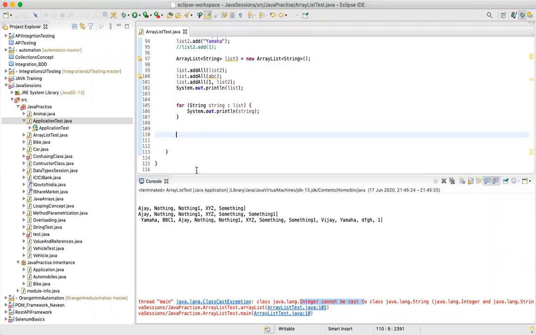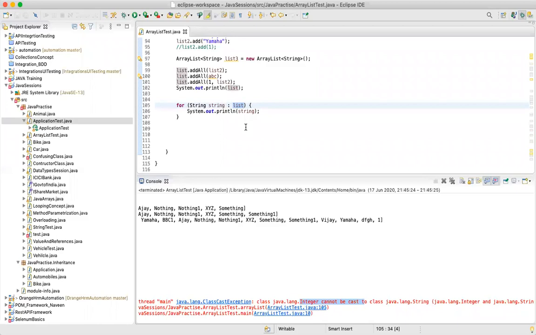So guys, what we were saying is, in a non-generic array list, if we keep on adding values belonging to different data types, while adding it won't give an issue, right? Because we are just adding an element. But when you access that particular element, for accessing, we are using the values of all the elements of this list and trying to store them in a string. And this list has values in different data types. Then you will get this issue.